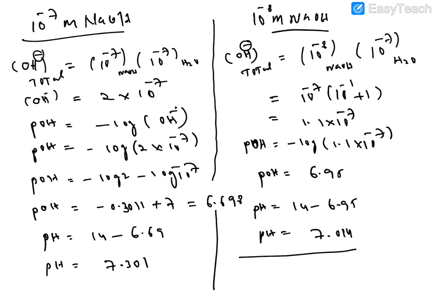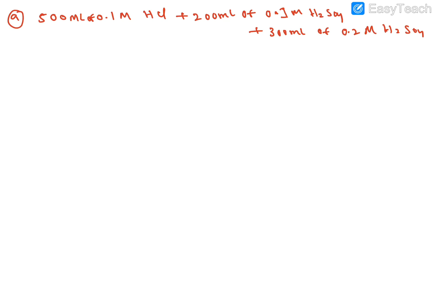And next one, the mixture of acids. Okay, and here the mixture of the acids, how can we calculate the pH? They are giving a mixture of acids: HCl, H2SO4 and 300 ml of 0.2 molarity of HNO3. So all the mixture they are mixing in one vessel. So what is the pH here? We want to calculate the pH, means we need the H plus concentration. So all the strong acids, how can we calculate the